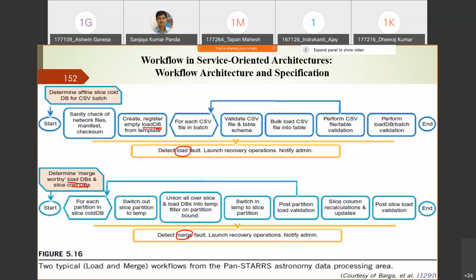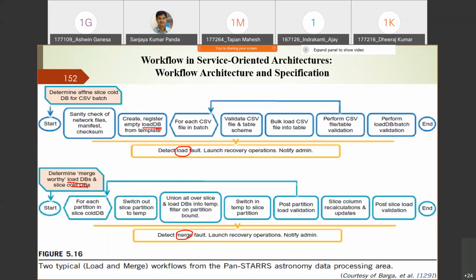So switch out the slice partition to the temp, then union all over the slice and node database will be temp and filter on the partition bound. Switch in the temp to the slice partition. Post partition you can do node validation in the merge workflow.